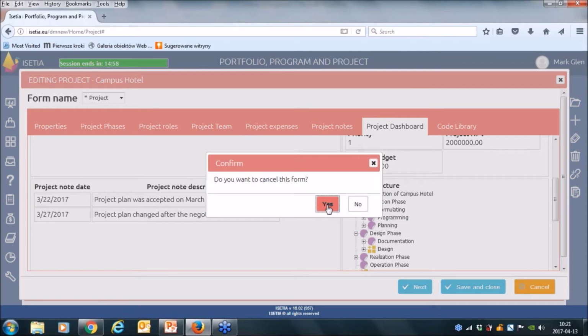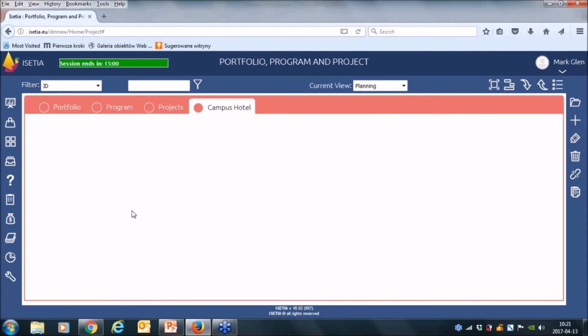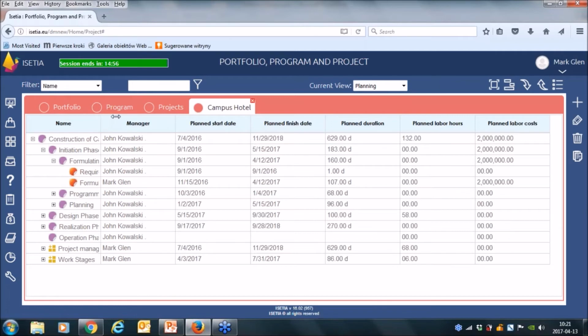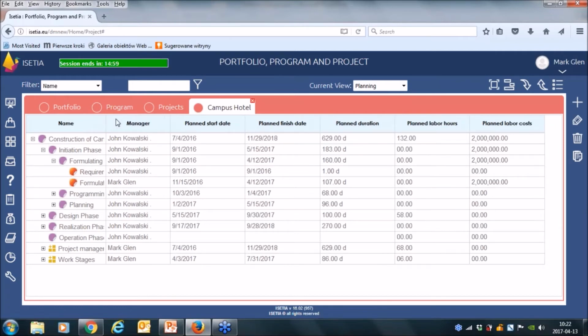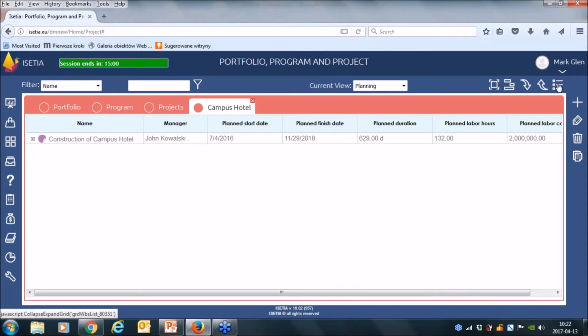Now we are turning down this project and opening it as a full structure, which can be managed, presented, or changed using this functionality. On the top, we are on the construction campus hotel. The manager is John Kowalski. Planned start date, planned finish date, planned duration, planned labor hours, and so on.